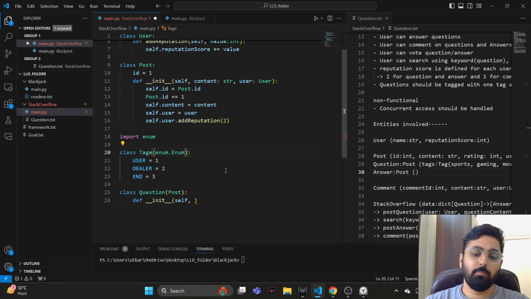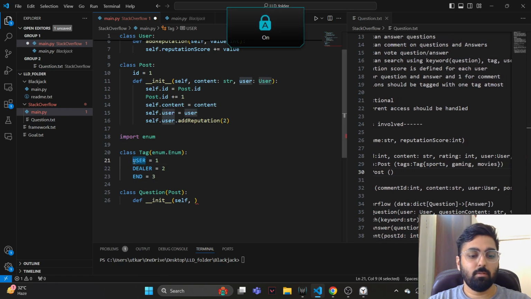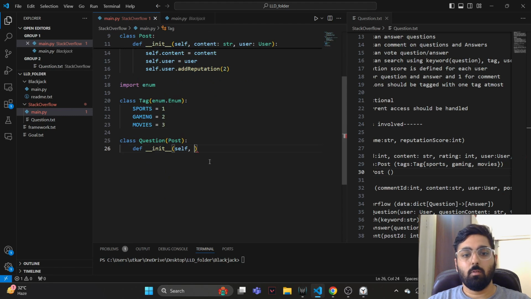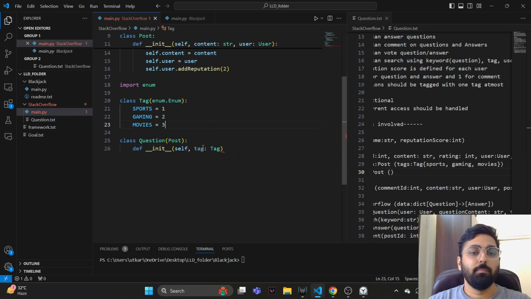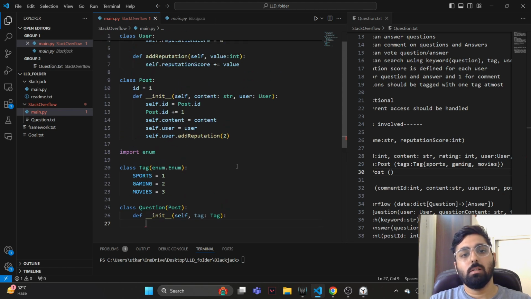It's called Tag, enum.Enum, and there are 3 categories we decided on, which are sports, gaming, and movies. So we have 3 categories, and our question would take a tag object. So it takes a tag object, and here we probably want to call the